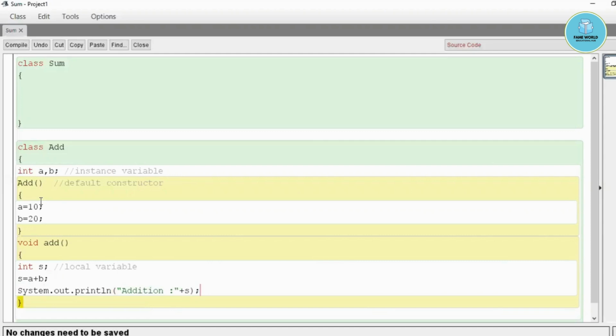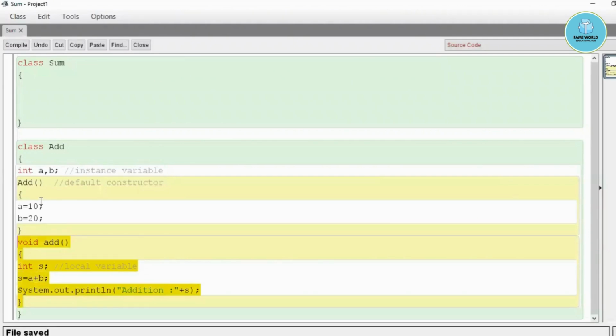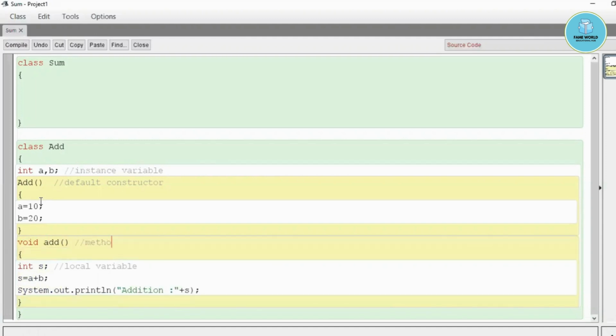So this class is a complete class where we also have a function. This is a normal method, or we can say function or method, both are the same. This is a method, and this is a constructor. This is the default constructor, because the name of this class and this constructor is the same, and it is also not returning any value, not even taking void. That means it is a constructor, and we are initializing these instance variables inside it.